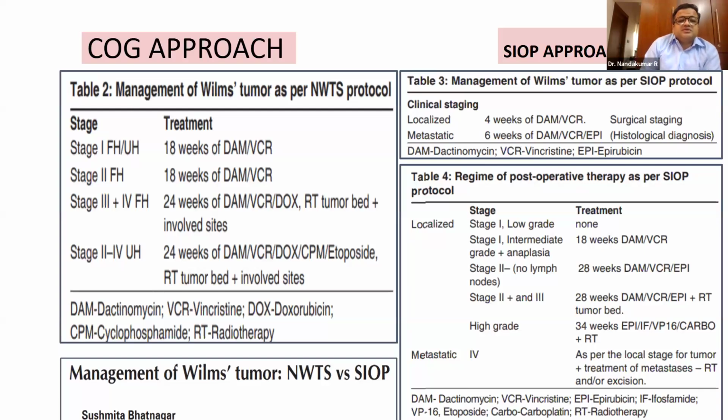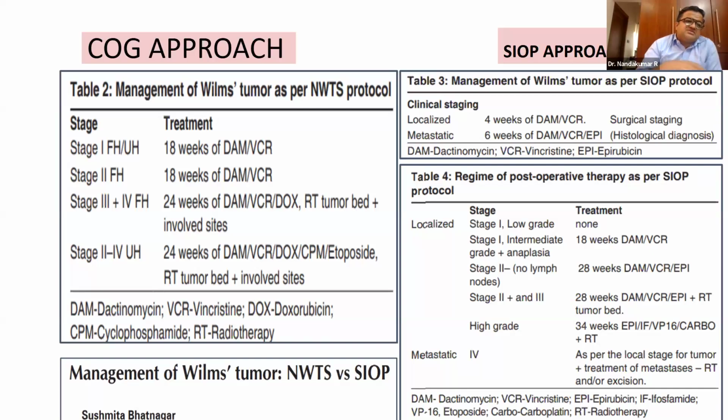So how different did the Americans manage from the Europeans? In the United States, it is always surgery first. So you have a child with Wilms tumor, operate. That is the general dictum. Of course, there are certain conditions where you do not operate. For example, if you have a tumor which is very large and you're going to suspect it to rupture when